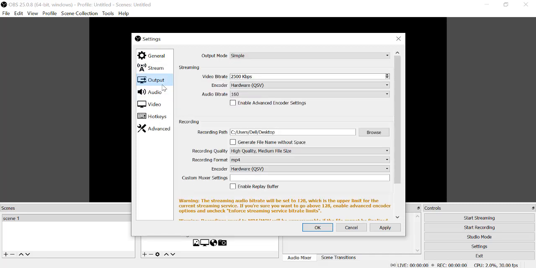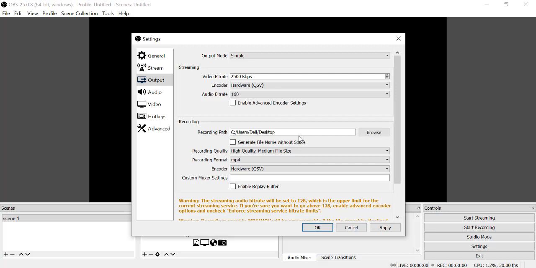So output, what is output? Output mode, it's a simple one. For streaming I have kept video bitrate 2500 kbps. Encoder I have kept QSV. Audio bitrate I kept 160. I kept the recording path, for example, I kept the desktop as the path. You can give any path, any folder you want to save to.